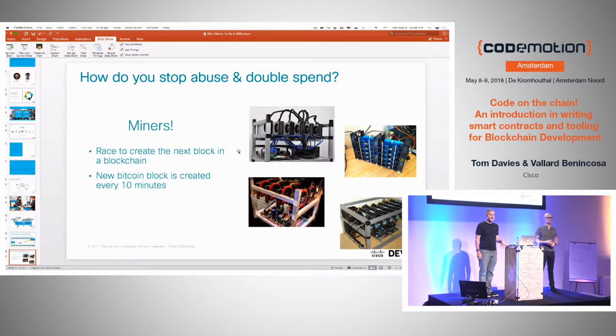So these miners, for the popular cryptocurrencies that you've probably heard of, like Bitcoin and Ethereum, you typically have to use special hardware to do that. For Bitcoin, for example, there's a popular miner called the Antminer S9 that a lot of people are using to do this. And when you mine these transactions, you're basically trying to solve a proof of work that we'll talk about in the next slide.